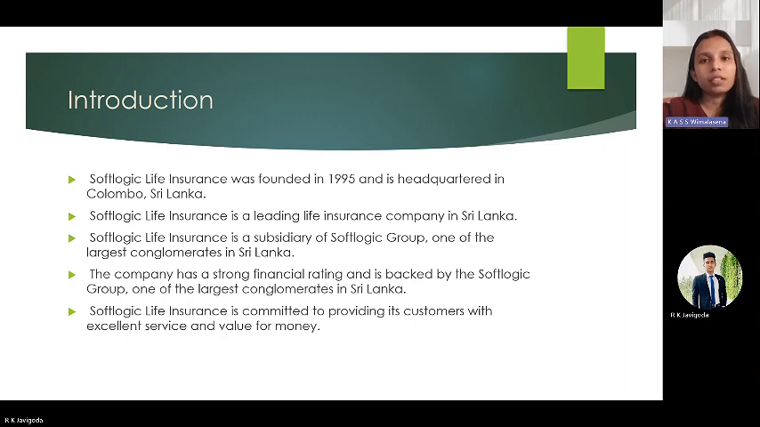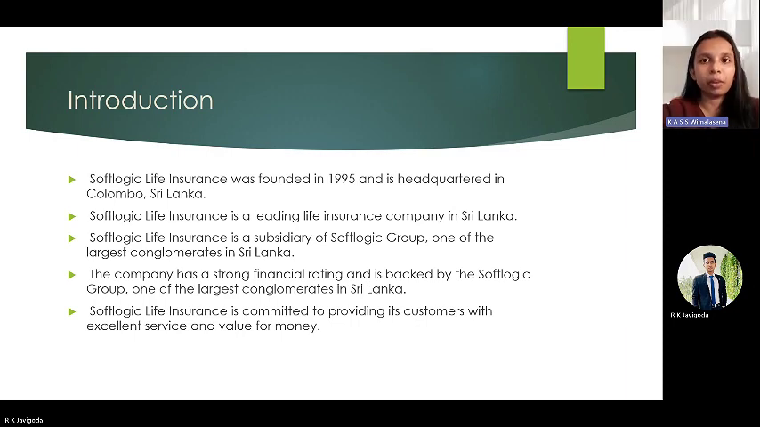SoftLogic Life Insurance PLC, formerly known as Asian Alliance Insurance, is an insurance company in Sri Lanka. The company was founded in 1995 as Asian Alliance Insurance, a joint venture between Asia Capital PLC and Richard Pieris and Company. SoftLogic Life Insurance offers a wide range of life insurance products, including term life insurance, whole life insurance,